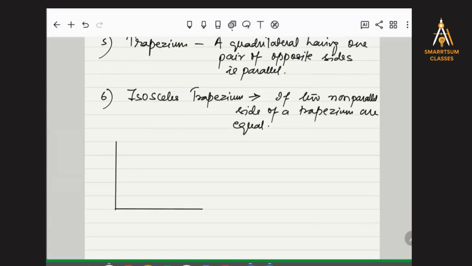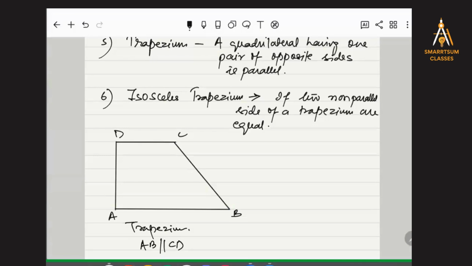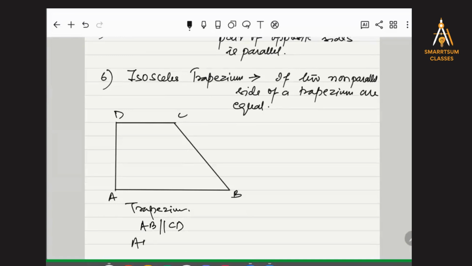we have this type of figure, right? So this is a trapezium, where only one pair of opposite sides is parallel, AB, CD, right? AB is parallel to CD, right? And the other pair of opposite sides, which is not parallel, having different heights. So AD is not equal to BC. Getting that? But if it is so, means if you have a figure like this,